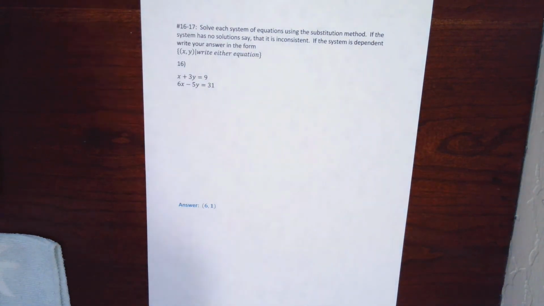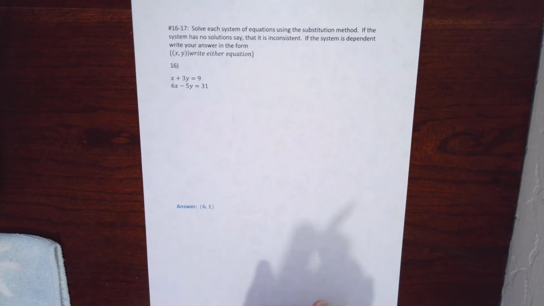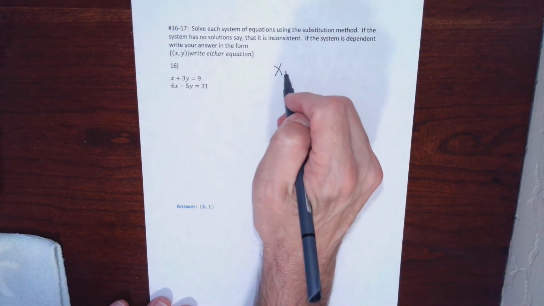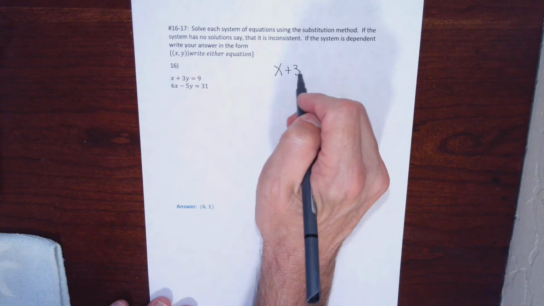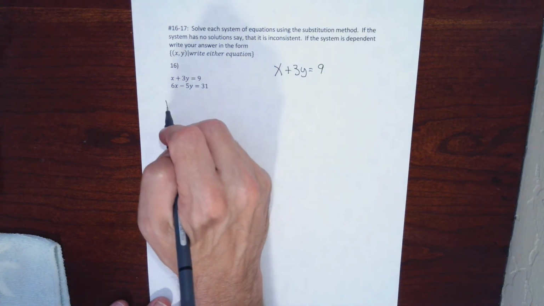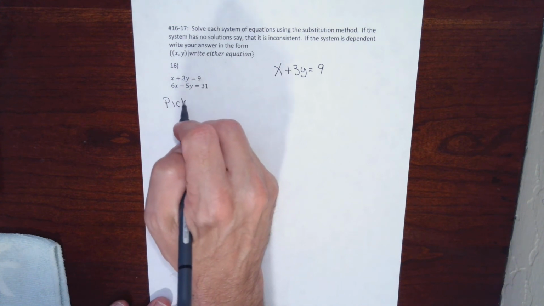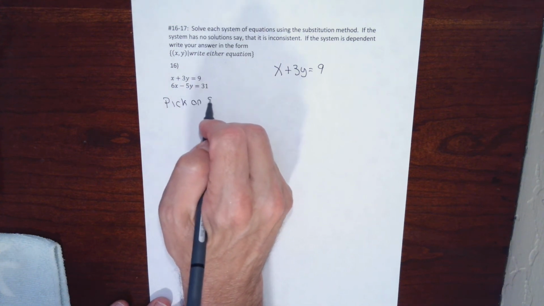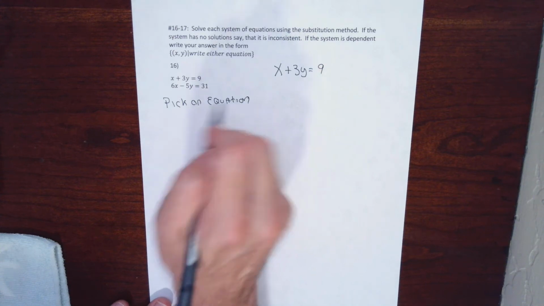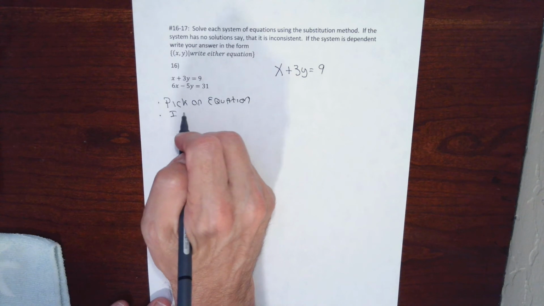16 and 17 want me to solve by the substitution method. And to solve by the substitution method, you need to pick an equation and isolate a variable. So in problem 16, I'm going to pick the first equation and solve for x. So I need to pick an equation. Doesn't matter if I pick the second or the top or the first equation, and isolate